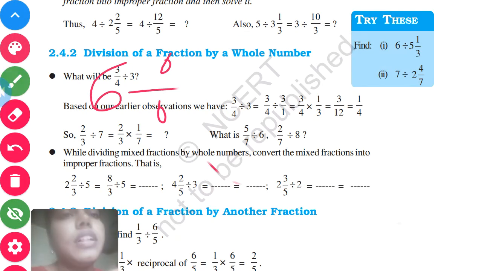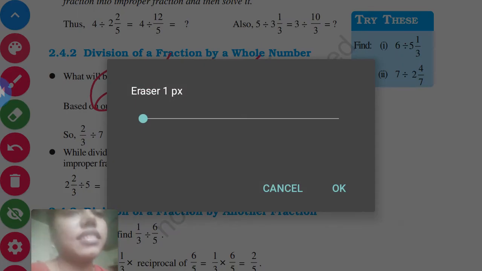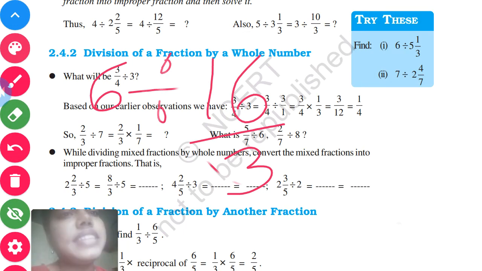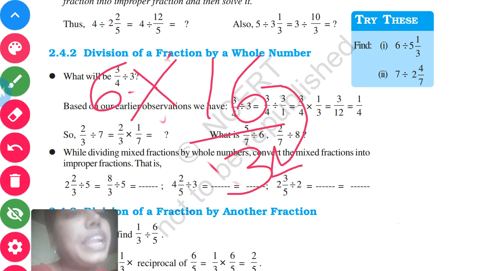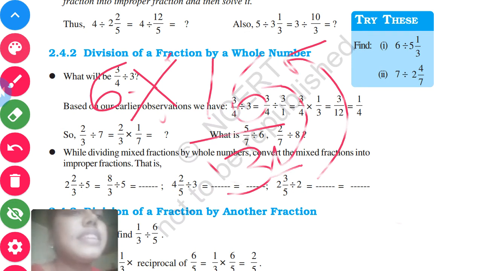Very simple. I'm going to write that particular improper fraction that I got. Now, as you have seen in the song, keep 6, you're going to keep as it is. Change, you have to change the sign here. Instead of division you're going to write multiplication. And flip, what you're going to flip here, you're going to flip 16 to the denominator and 3 to the numerator, that is your reciprocal. So you're going to write it very simply, that is 3 will come first and 16 will go down.